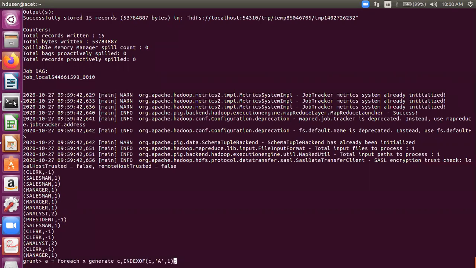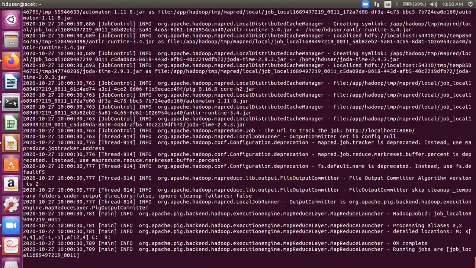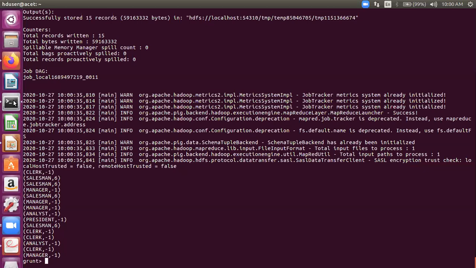I'm going to change this query so that I put a 4 here, and see the change in the output. Now I'll be searching for the character A in each of the jobs, but starting my search from index 4. See the output now. In salesman, it is 0, 1, 2, 3, 4, so I'm starting from index 4.